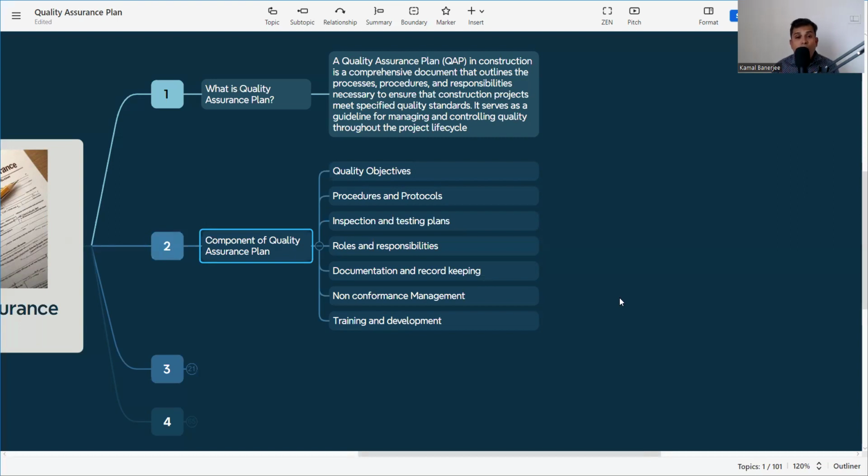That means what we need to deliver, what my ultimate end product is, and then we need to find the intermediate checkpoints or intermediate audit points. So we need to know first the quality objectives, or what we need to perform, or what we need to deliver. Then what procedure and protocols are to be followed in order to deliver the product.